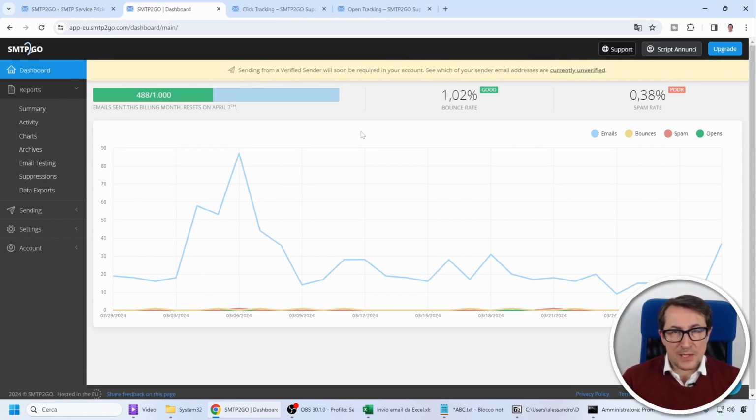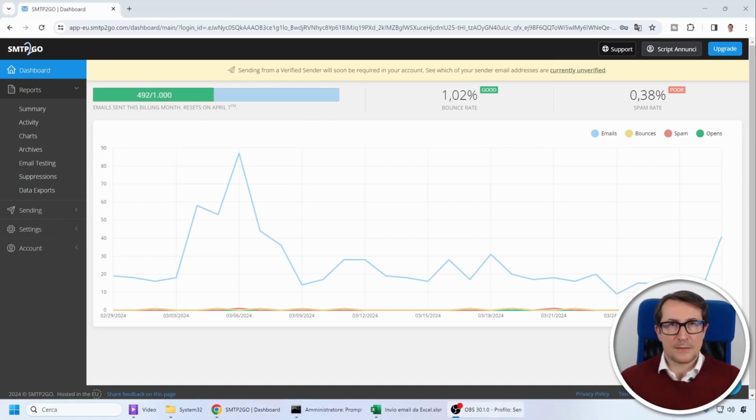Obviously, this solution can also be adapted for use not just with Excel, but for example, with a web server. Using PHP, you can create a web interface that does the same thing using SMTP2Go. Finally, it should be noted there are other ways to use the SMTP2Go service, besides the example I showed with the Excel file. Think, for example, of a corporate UPS that needs to send an email because it has detected a power outage.